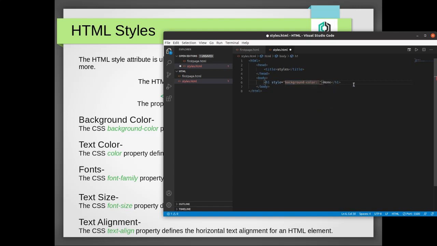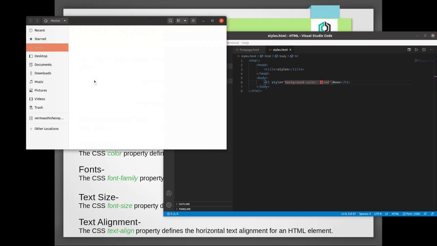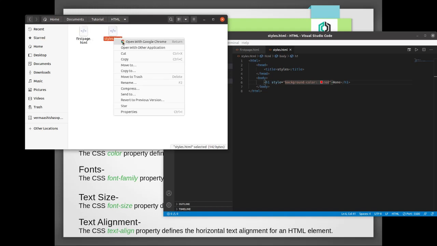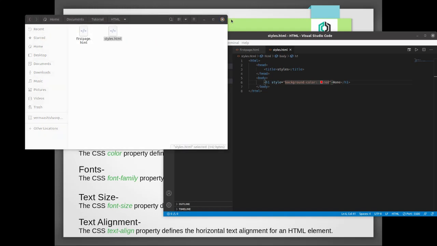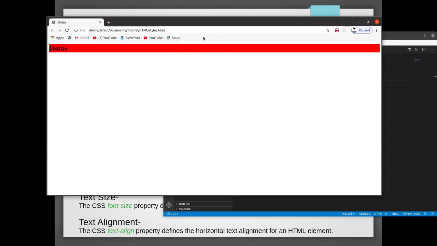Just give a value, suppose red, save it. Just open the file where you have saved it, documents, tutorial, HTML, styles, open with Google Chrome.